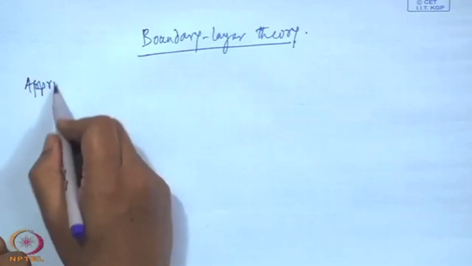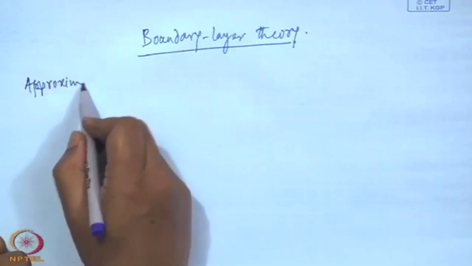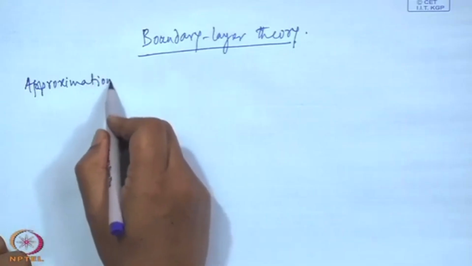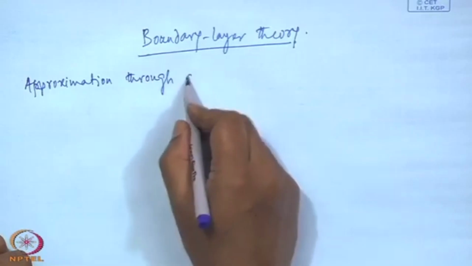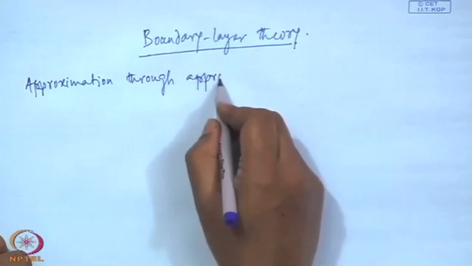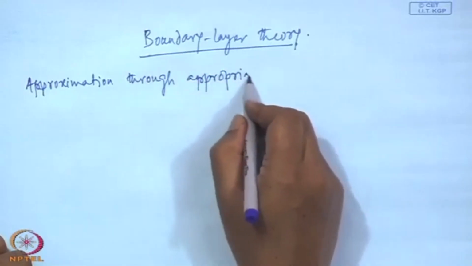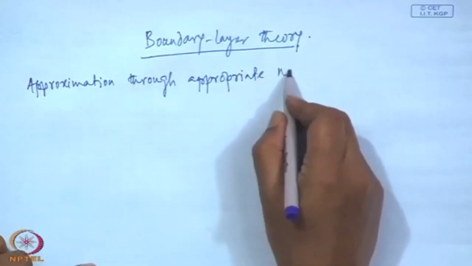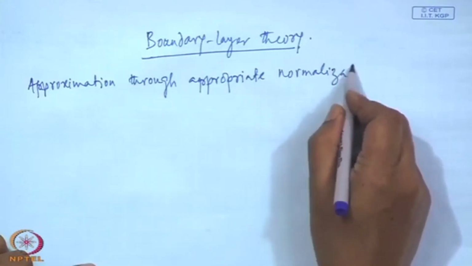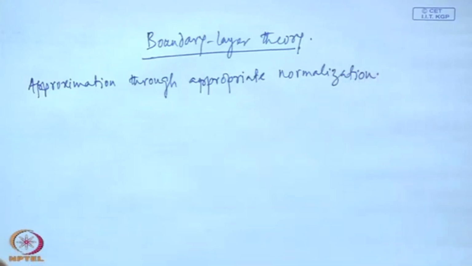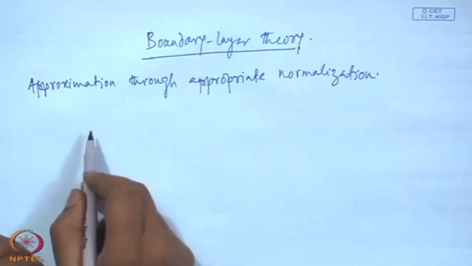We will make this approximation through normalization. We have the incompressible Navier-Stokes equations, which can be written as